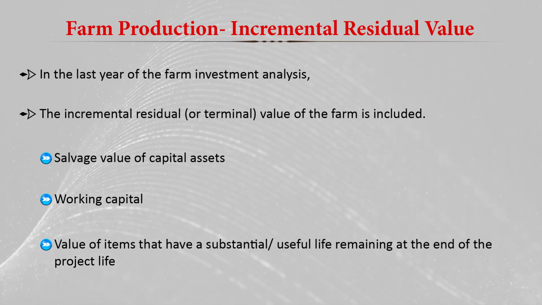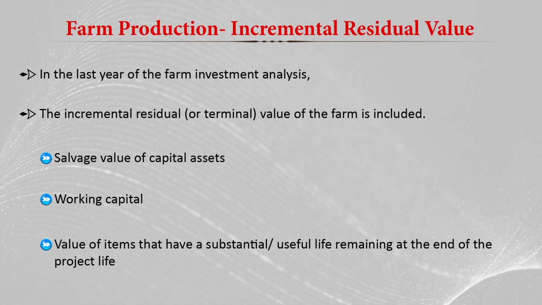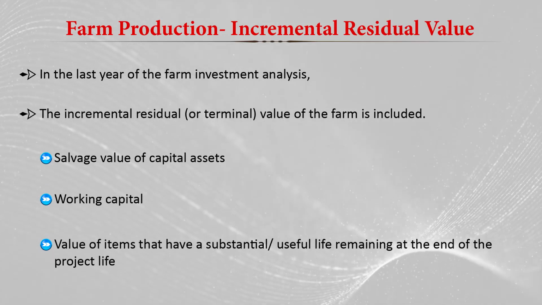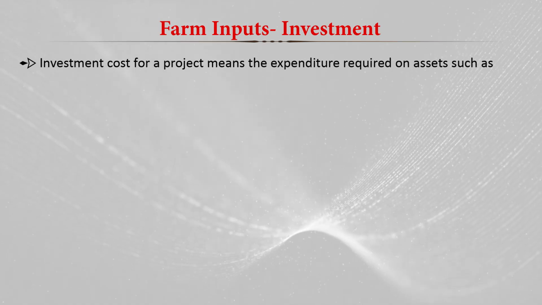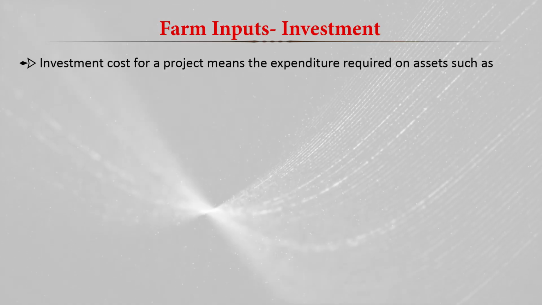So that we have to include in the residual value, that is incremental residual value. And then farm input is another component in the farm investment analysis. After the production estimation, the estimates of the input cost are prepared, and there are three components in farm input. One is the investment, another is the operating expenditure, third is the working capital. And basically, when we talk about the investment, investment cost for a project means